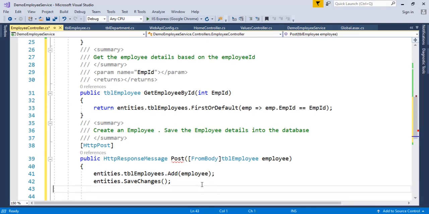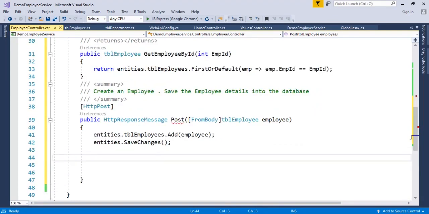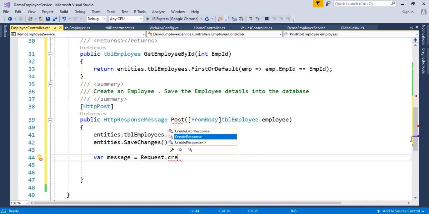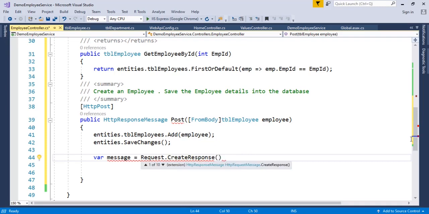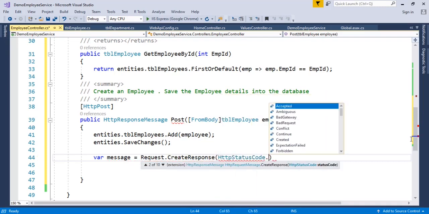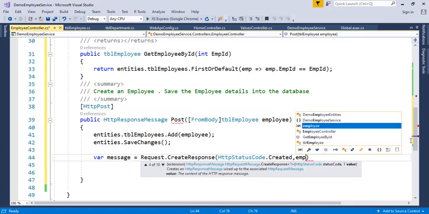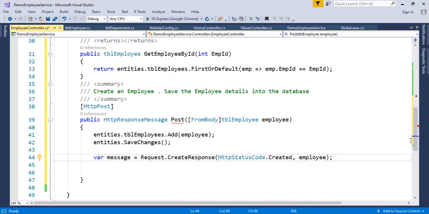Now we need to return the HTTP response message. For that, just create a var message equals to request dot create response, request dot create response of HTTP status code dot created, comma, give the employee object. This employee object is, we are telling the client, this employee object is created, and message dot